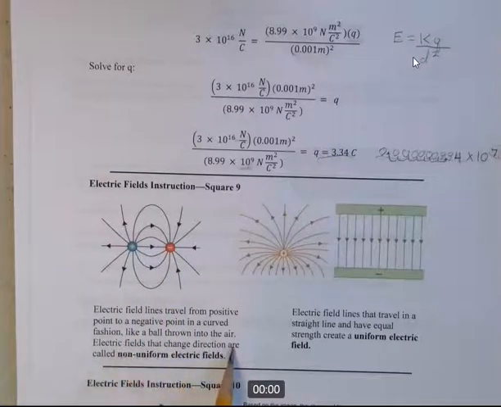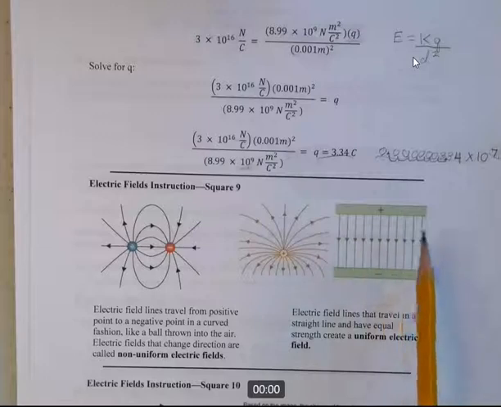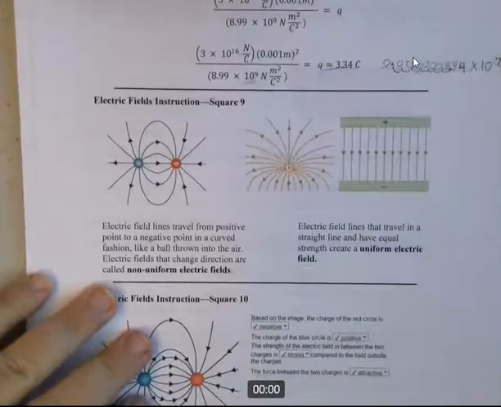Electric fields that change direction are called non-uniform electric fields. So it's just a term to know for the test. So something they might ask you. So anything that you see the lines curving is called non-uniform. Electric field lines that travel in a straight line and have equal strength create a uniform electric field. So straight lines like that are a uniform electric field. All right, and finally,